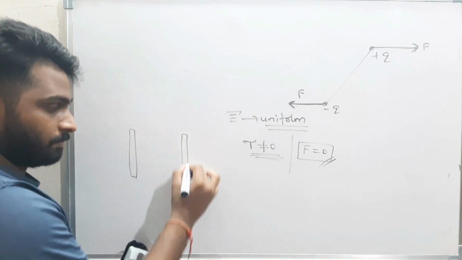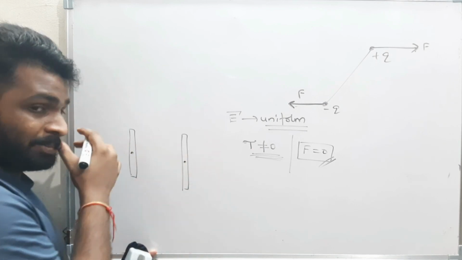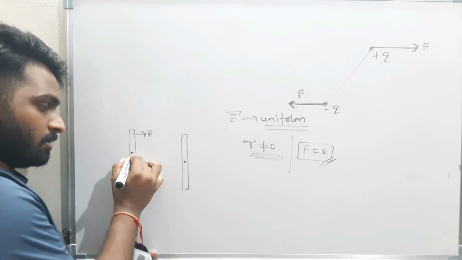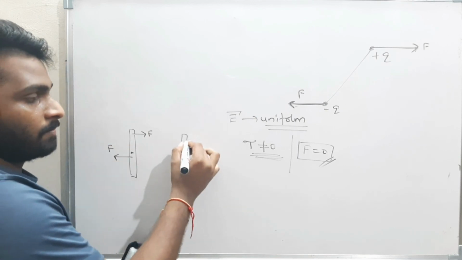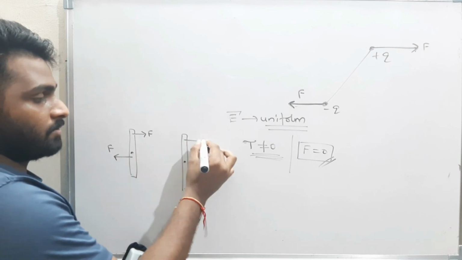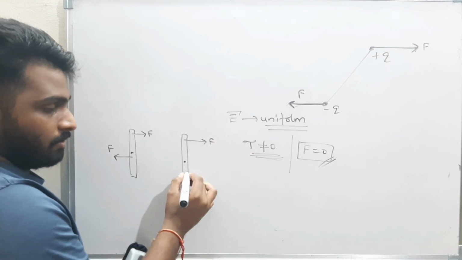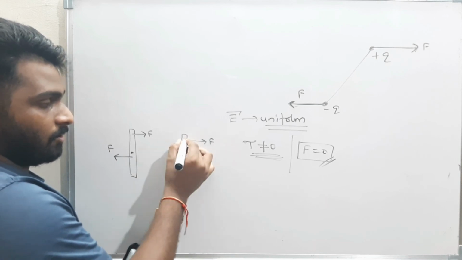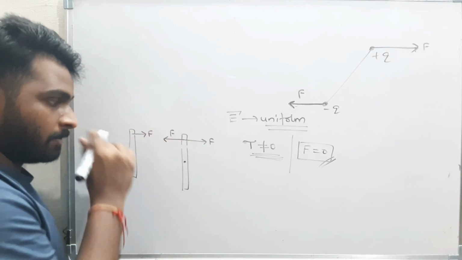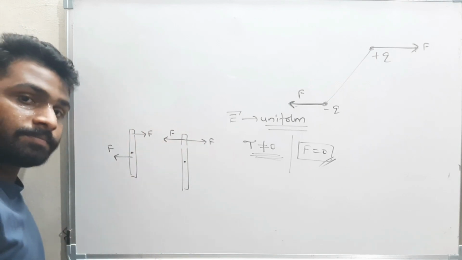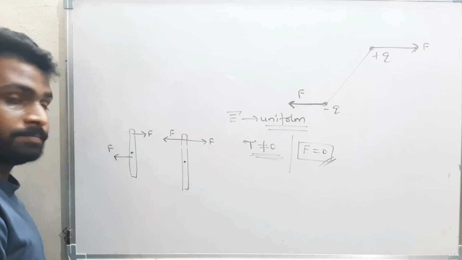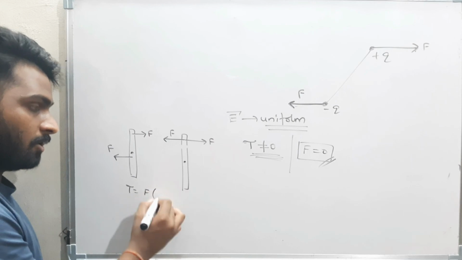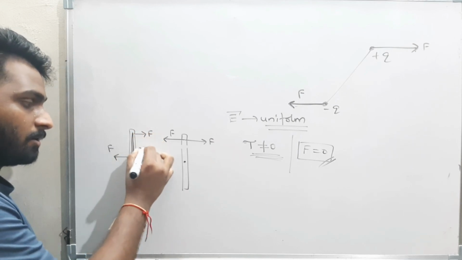Now see, this is the axis. Now this is force F, and now this is some force F. Okay, this is one force F, and now this is one force F. Now same, what is the torque here? The torque is some value. The torque is nothing but one of the forces into the distance between them. What is the distance? The distance is some r.